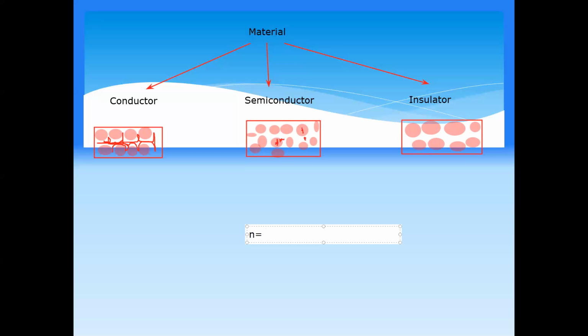What is the meaning of N? N means charge density. The meaning of charge density is the number of free charges in unit volume. So how many free charges are there in a unit volume? For example, I take the same volume for